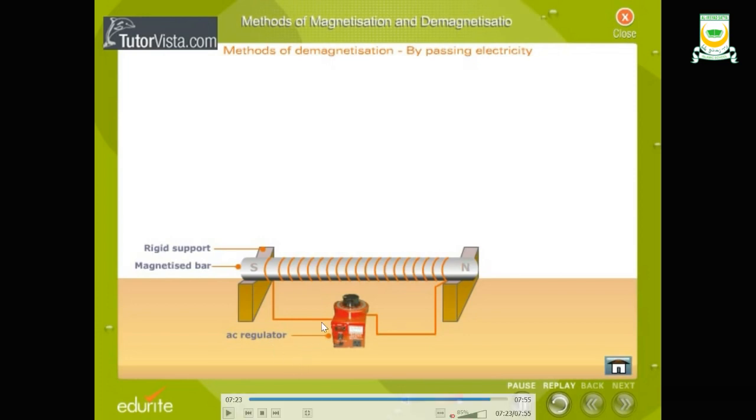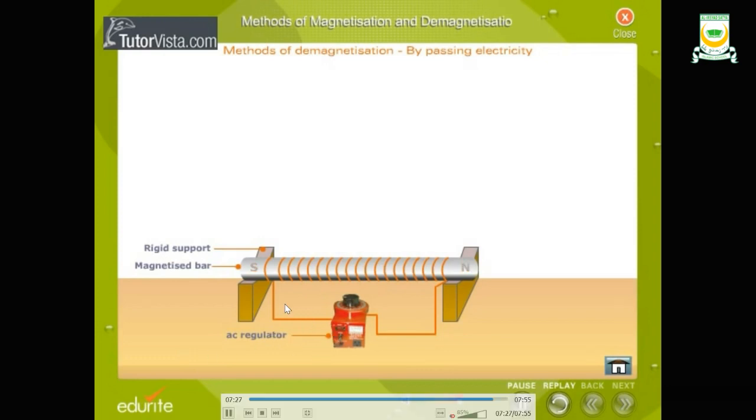So it means that the current will be reversed. Later in this video, I'm going to explain the differences between DC and AC. As you can see here, in the first condition, the north pole occurred on the right side, and the south pole occurred on the left side. But then, since the current is reversed, you can see here.